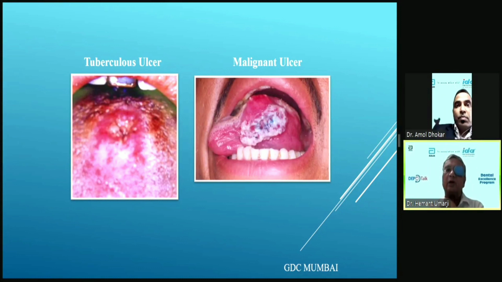But nowadays, I have observed female patients with no habit and very nice oral hygiene, whom you can't suspect, developing malignancy, especially on the lateral border of the tongue. I don't know what the cause is. We believe it is because of the human papilloma virus, HPV. HPV may be the cause, and it is very common. So even if you see a suspicious ulcer in a patient without habit, you need not conclude that it is not malignant. You have to wait and watch.